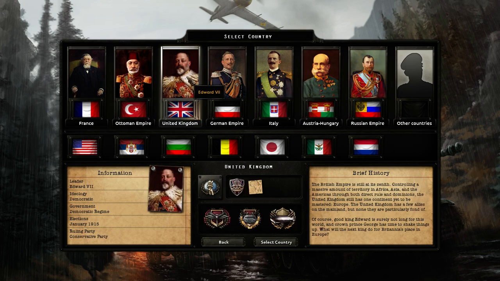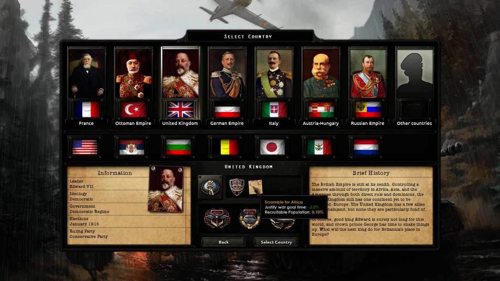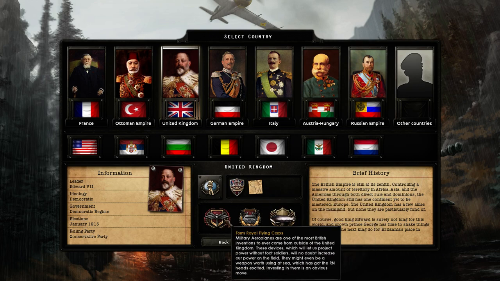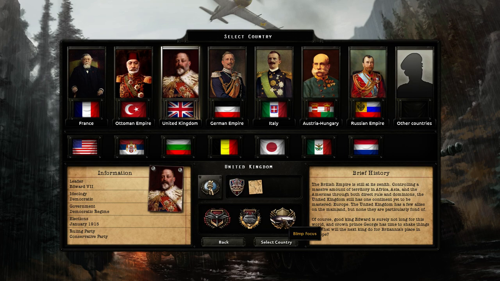And last of the major powers here, we have England, Edward VII, democratic regime, conservative party ruling. British Stoicism. We have an ideological drift defense, which is very good. That allows you to create factions, but I think you already start with a faction. You also have the Scramble for Africa, just like France and Germany. Other national focuses: Flying Corps, protecting the Suez, probably critical, again, for trade. It's always critical for the British. And it looks like a big air focus here. We have a blimp focus, so maybe the leaders in aviation technology here in England. I didn't really look at their national focus either, so...